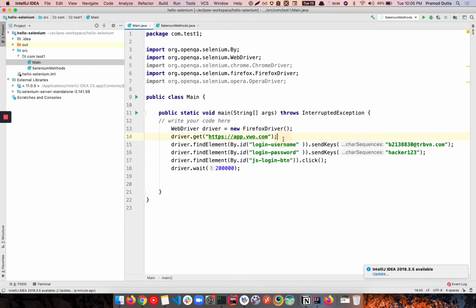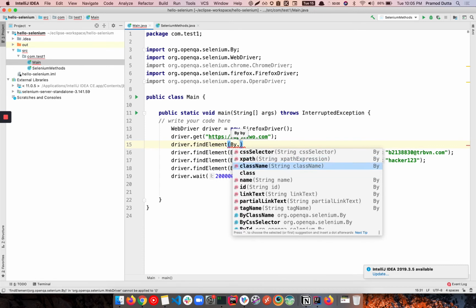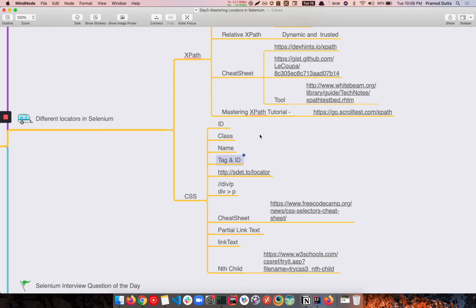For example, we can use By ID. So let me show you. Let's do one thing. Let's create a new one. driver.findElement. So we are finding only one element by. You can use by class name, by XPath, by CSS selector, name, ID, link text, partial text, tag name, right? So these are the methods that By already provides. So here, if you see for CSS selector, we have ID, class, name, tag, ID, that we can use, as well as we can combine with the CSS selector.